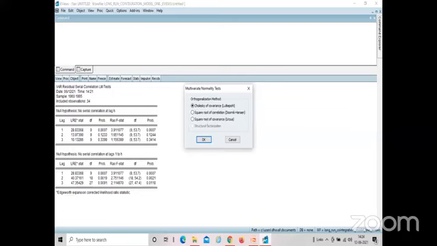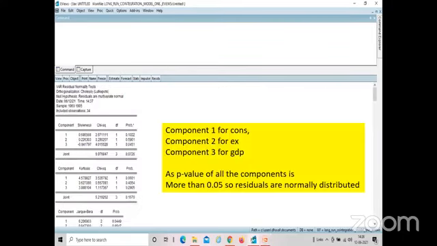Cholesky of covariance, Lutkepohl is to be considered. Click OK. And what we find is that the p-value is more than 0.05, and therefore it's very good news that component 1 for consumption, component 2 for export, and component 3 for GDP are all normally distributed, which is very nice.